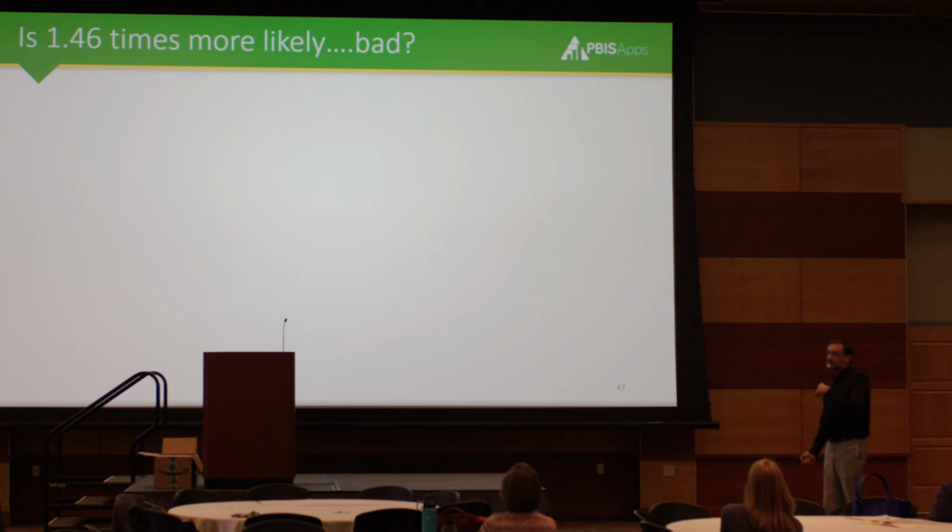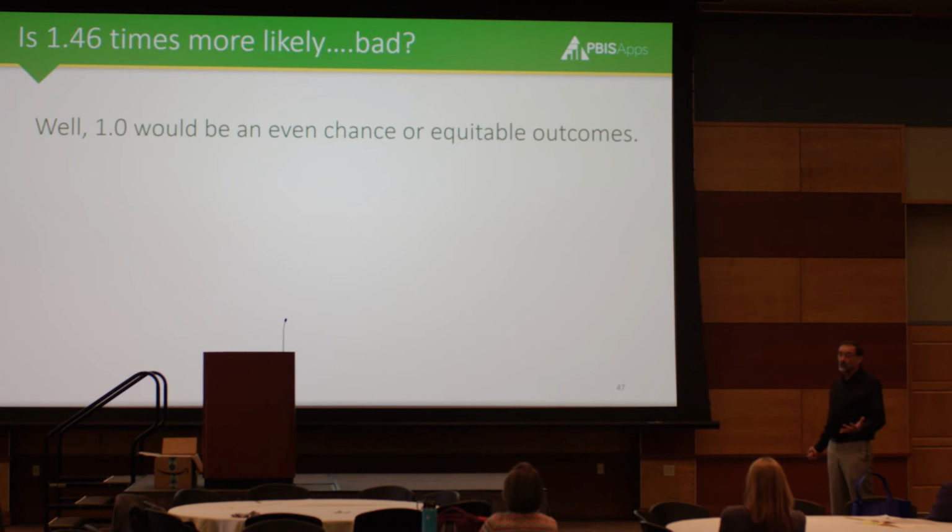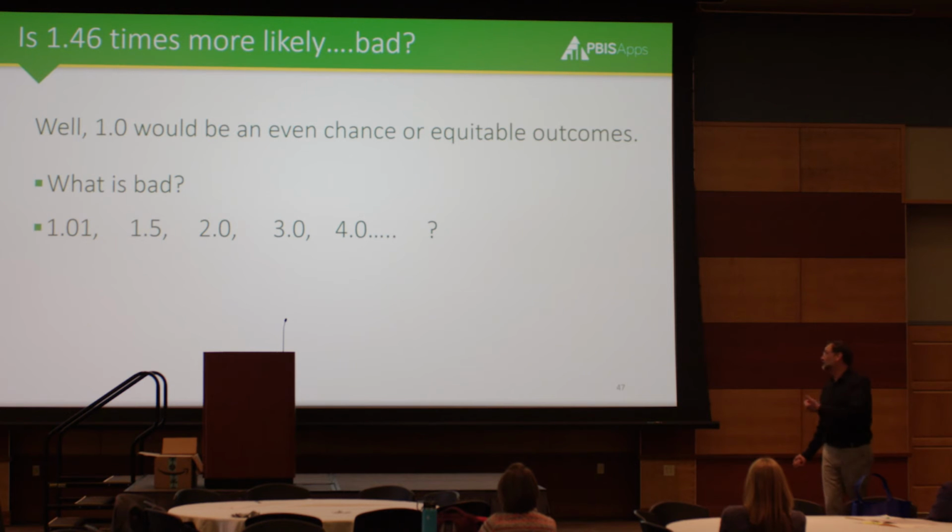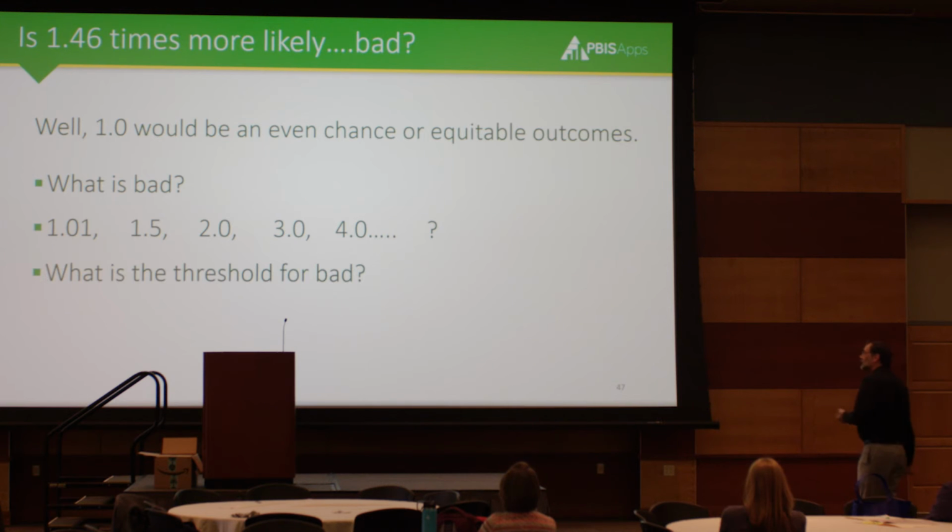I would say we should be able to get at least 50%. So is 1.46 bad? Well, we know 1 would be equitable. So what's bad? 1.01? That'd be really good. If you could get it down to 1.01, kudos to you. 1.5, 2, 3, 4. What we're talking about here is what's the threshold for bad, and the name for this